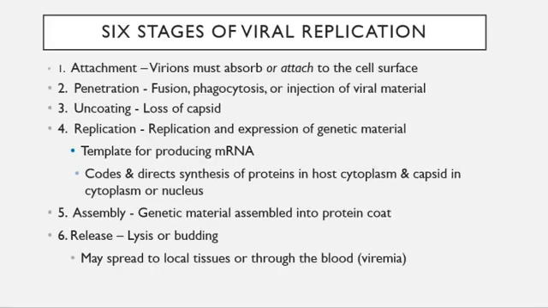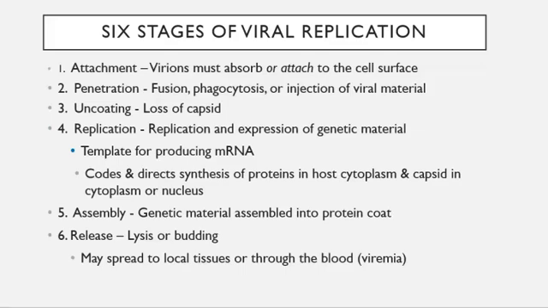The first is attachment. The virions must absorb or attach to a cell surface. Remember, you have to have a living organism for the virus to be active. You then have penetration, with fusion or phagocytosis, and this is when you have the injection of the viral material. Then there's the uncoating process, which is the loss of the capsid. Then number